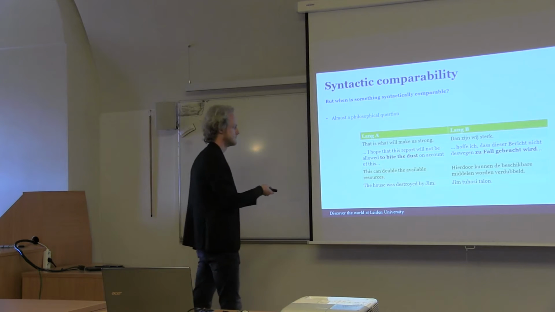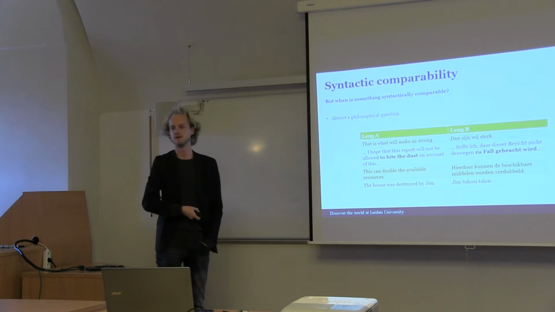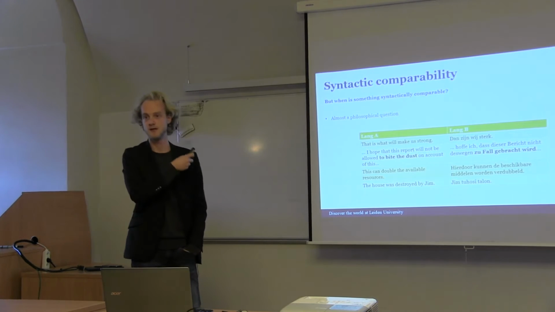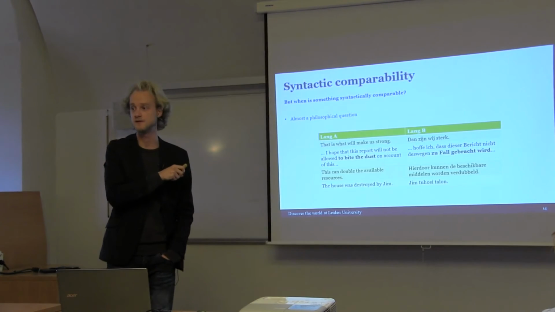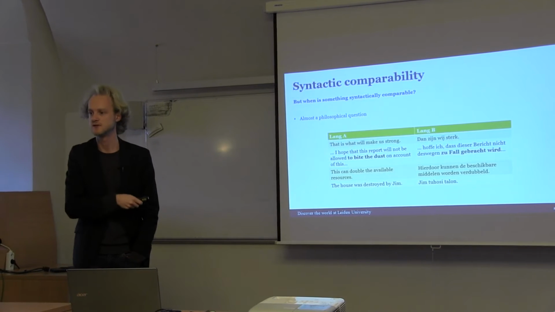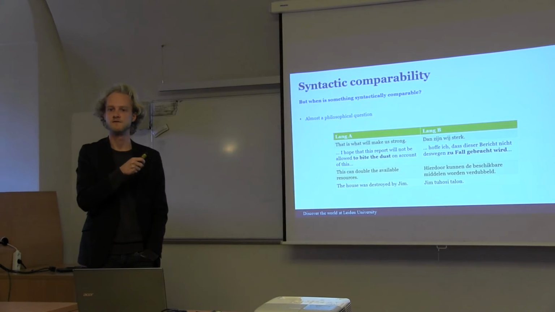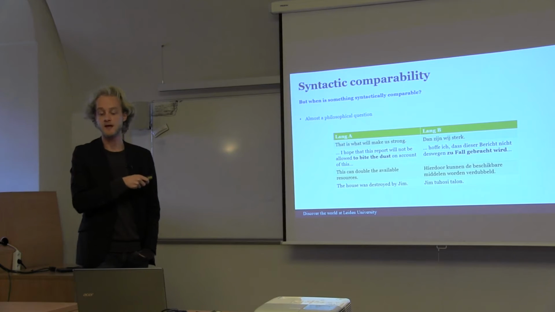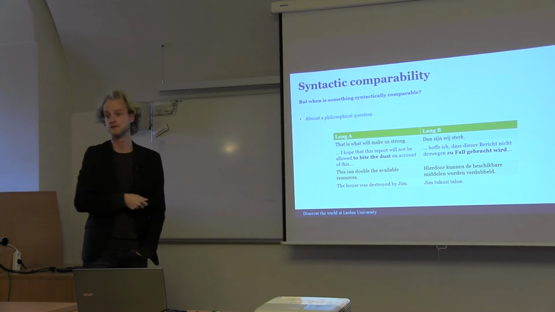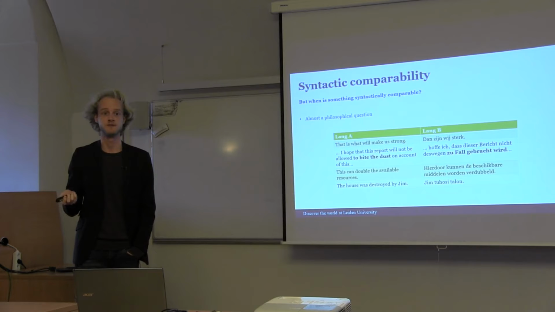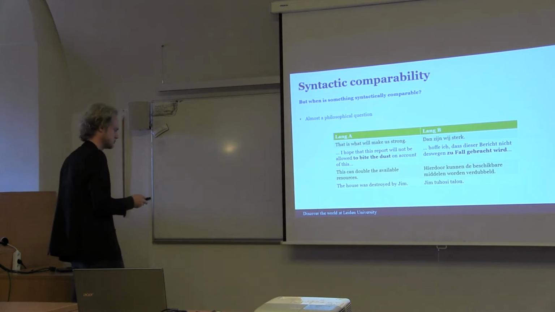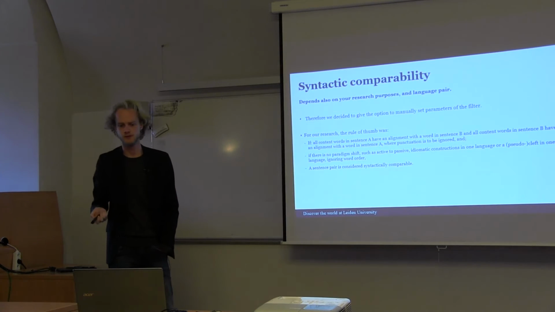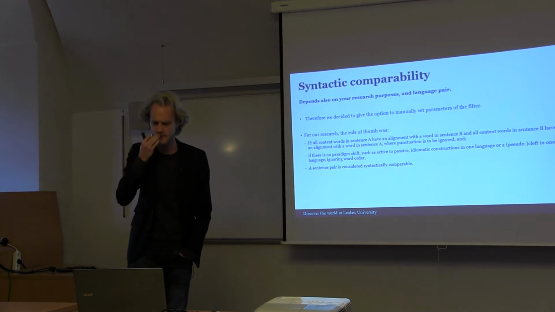But the last example actually does tell us something about the potential of the language. This is English against Finnish, where English has passive and Finnish has active, but it has to be translated into active because in Finnish you cannot have a passive when the agent is animate. So this does tell us something about its potential. So it is a very difficult question, and it really depends also on your research purposes and your language pair and everything, and therefore we